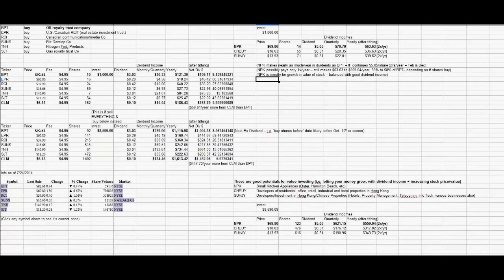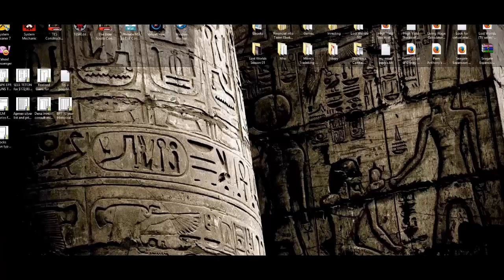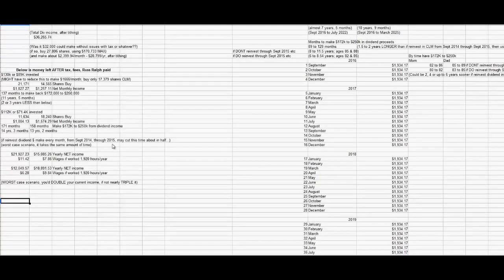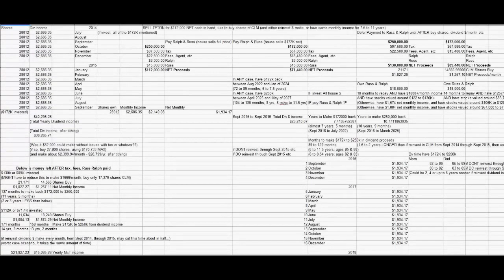And then you have what the actual pricing was, the shares, and some of the extrapolations we've had, and what we need to do for certain things that I've done to be able to pay people off and so forth to make some money out of the stocks. And in this particular case, you can see that we were selling a house and investing and projecting that information onto some of the ones we wanted to invest in.